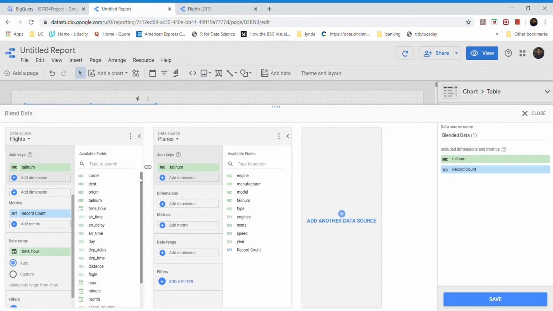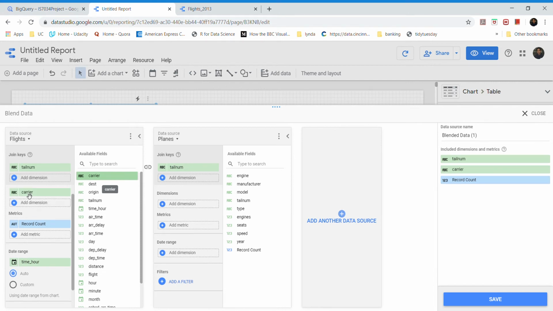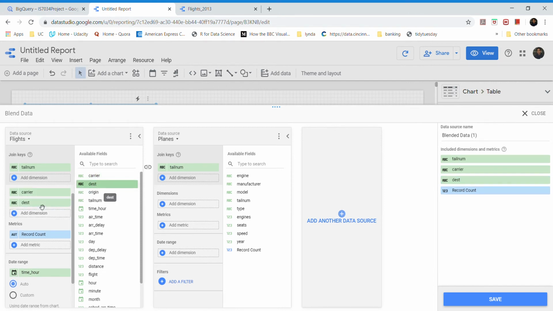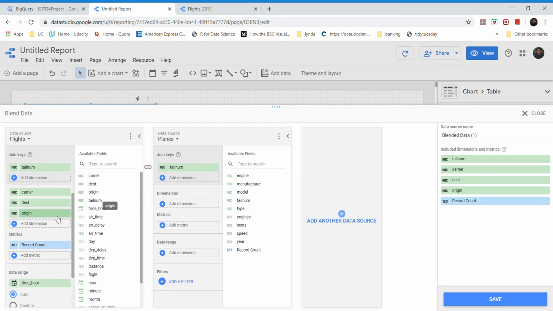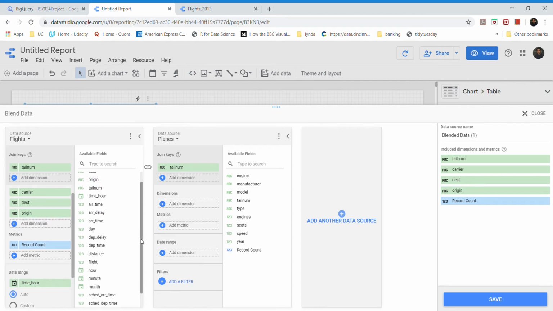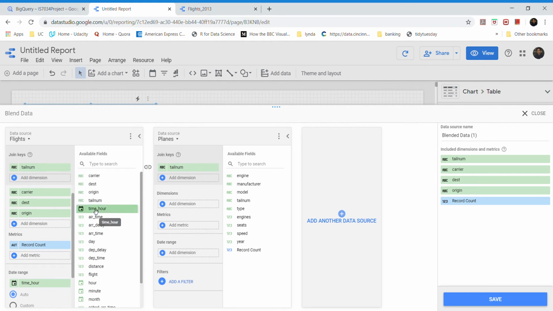So dimensions are nothing but the categories that you can use to build your pie charts or bar charts or other interactive visualizations. So for this video I'll use this carrier field as the dimension, destination, origin, and then we do not need any further fields for our dimension.